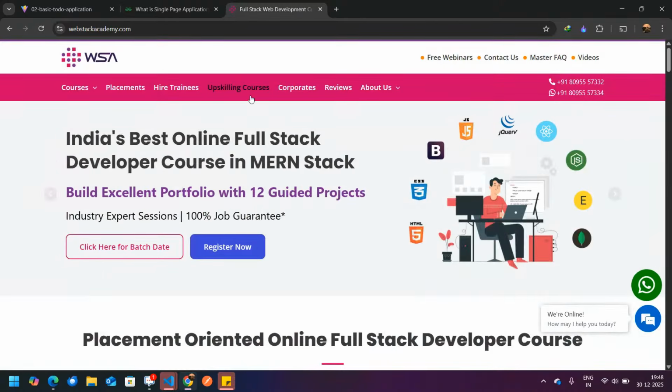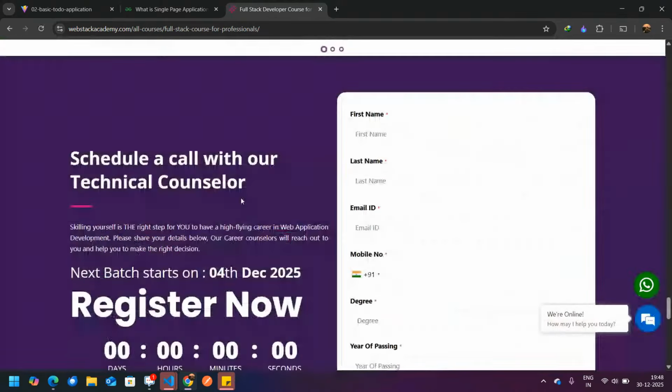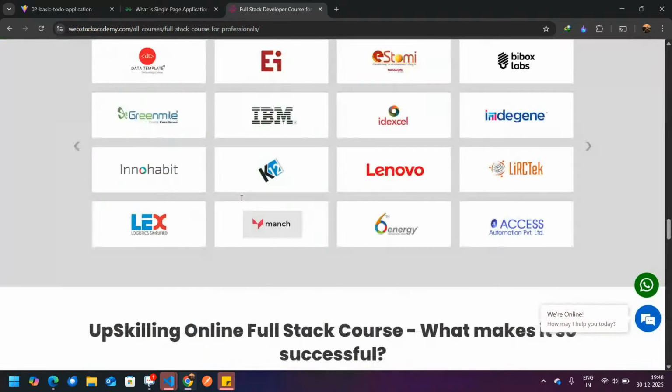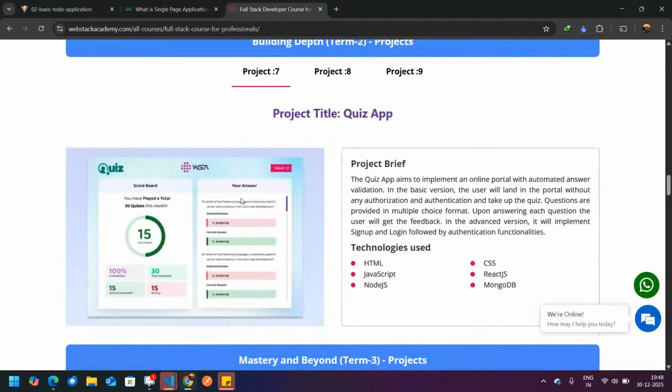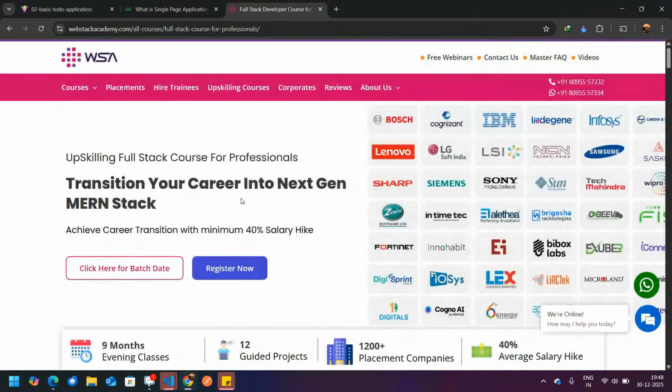When you go to the upskilling course, the whole page is again written, and the browser leaves the context of the previous page, and the new page is updated from the starting. The whole HTML, CSS and JavaScript, the new DOM values and everything is created.